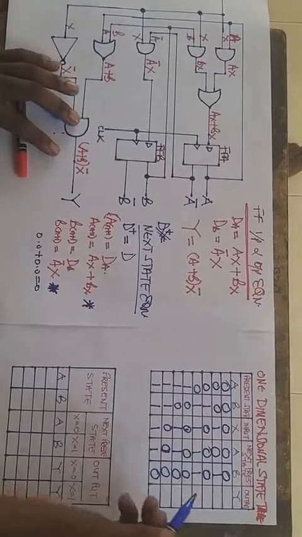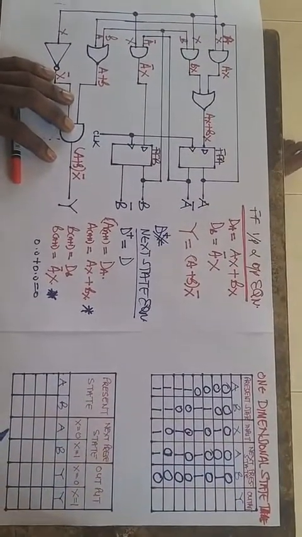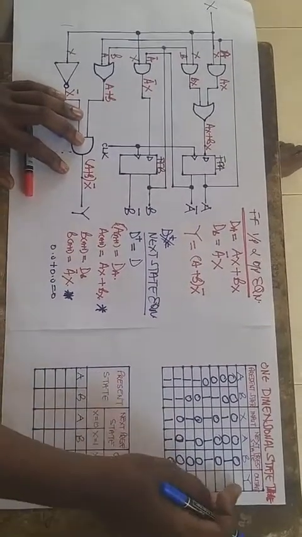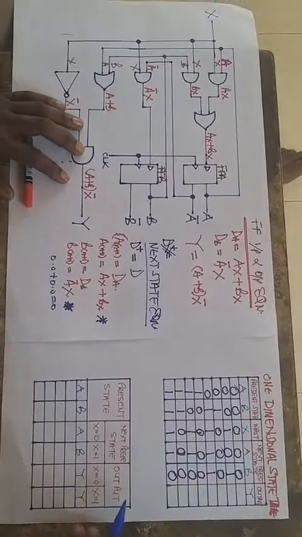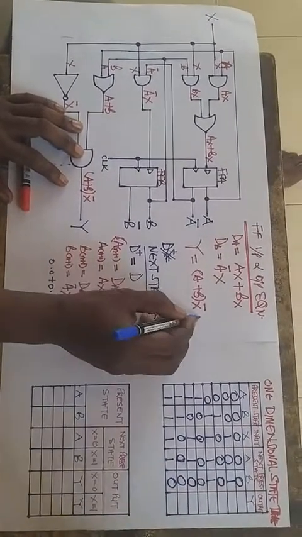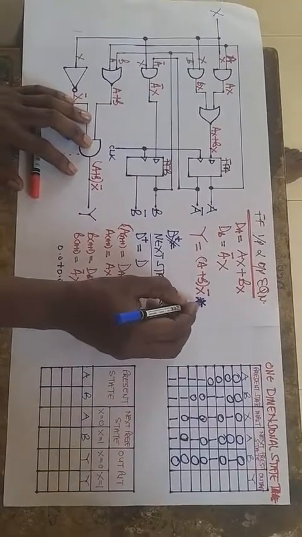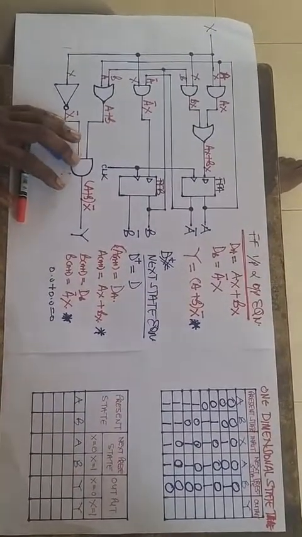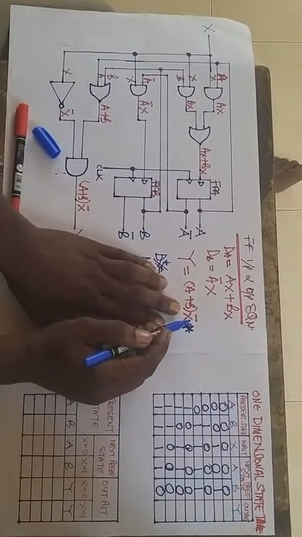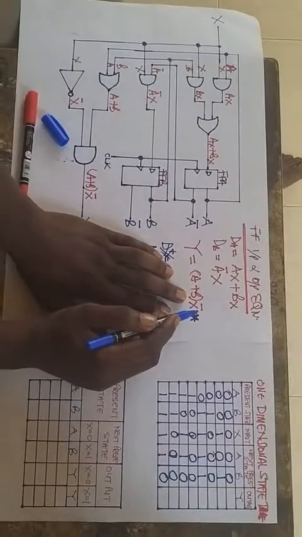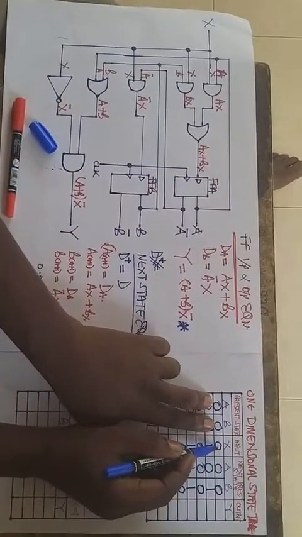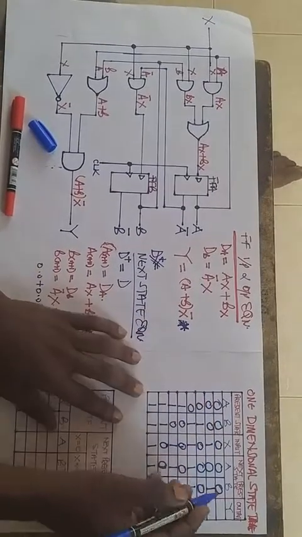So that is what we have for our next state, filling the B column. The last column of the table is to fill the output, and our output is given by this. This is what we are going to use to fill our output. It's A plus B multiplied by the complement of X, or X bar. So 0 plus 0 is 0. When we complement X, it is 1, which is going to be 0.